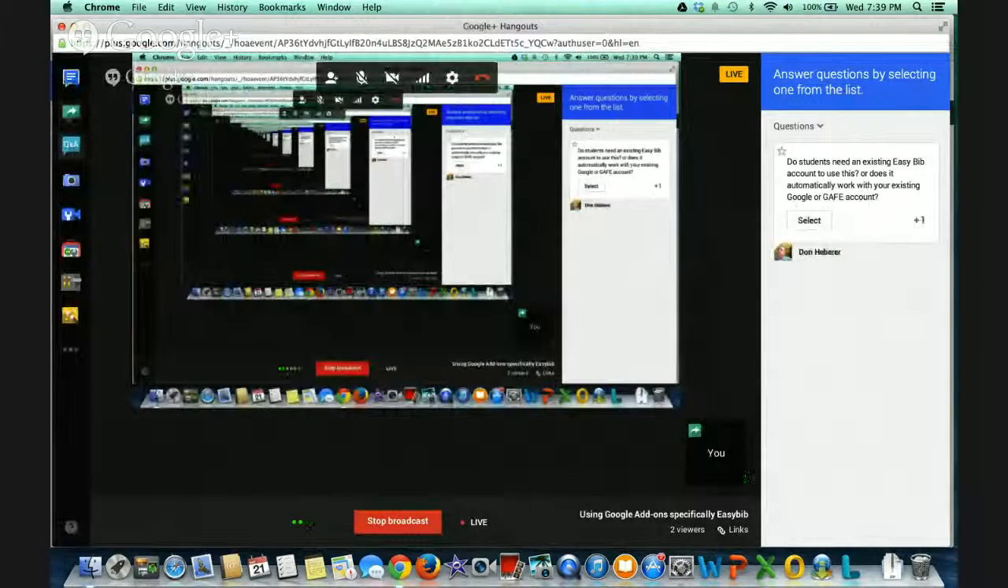So let me see. Yes, we have one question here. It says, do students need an existing Easybib account to use this, or does it automatically work with your existing Google or GAFE account? Great question. Students would need a Google Apps or Google account to access the add-ons, but students do not need an Easybib account